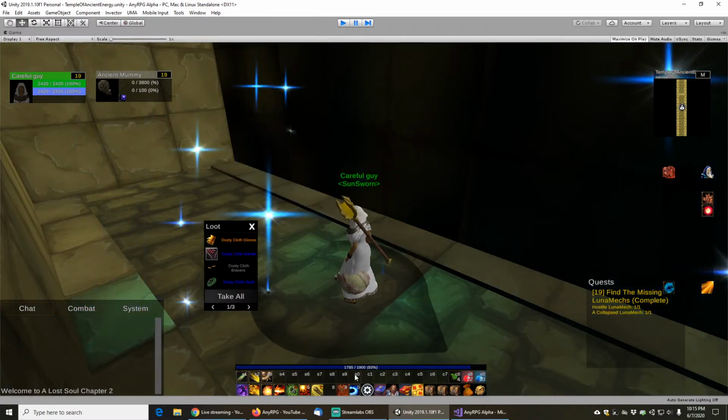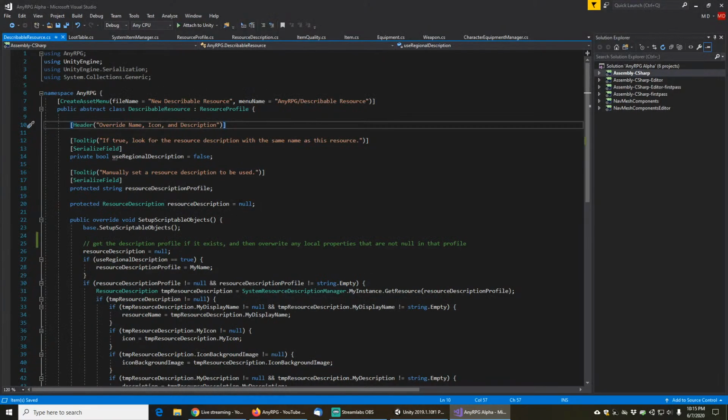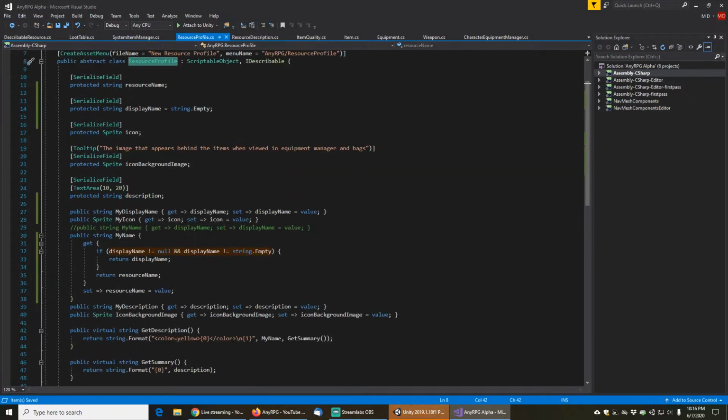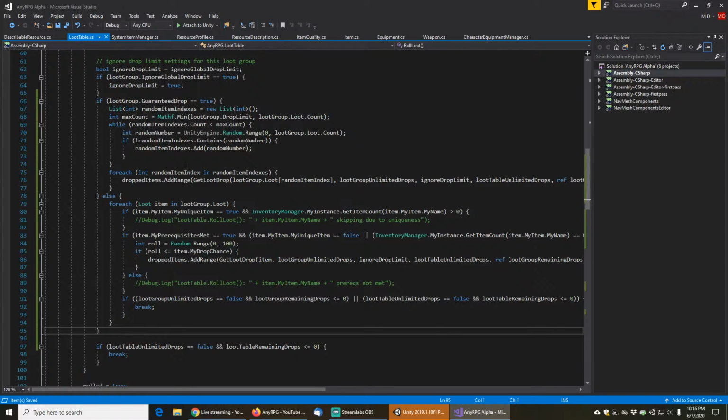So let's go check what's happening there. When we're displaying our resource profile here, everything is keying basically off of the my name field. If the display name is not null and it's not string.empty, we're going to be returning the display name. Now, the display name on the resource profile gets set when we loot the item